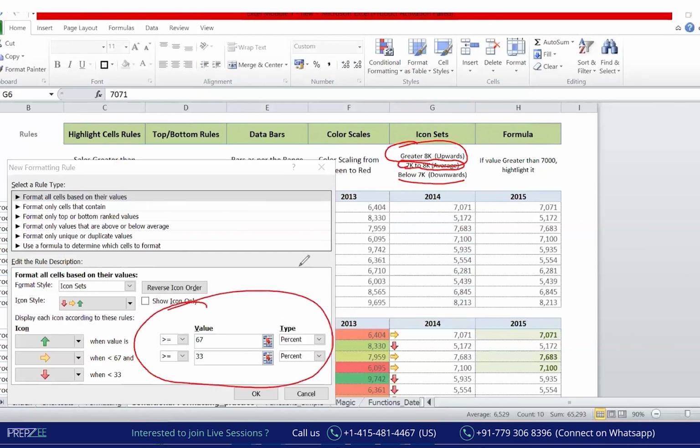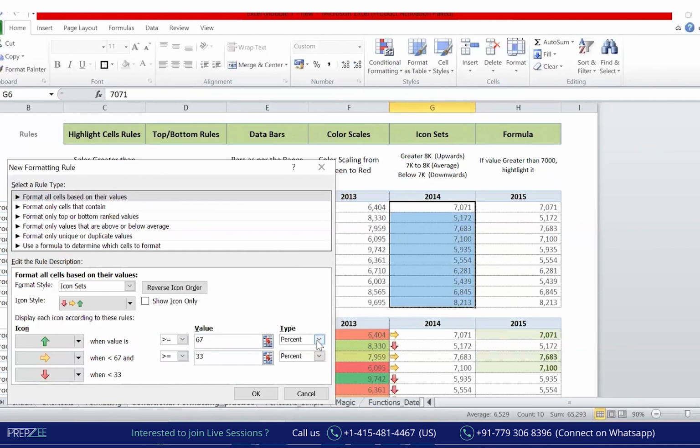In many of the cases, your data is being controlled by the percentage form, but here it is not percentage anymore. I have been given the absolute values. So I have to change them to number and can mention the absolute numbers, as in upward arrow is anything greater than or equal to 8,000. So that is what you need to work upon. So you can see value greater than or equal to 8,000 would be upward, less than 8,000 and greater than 7,000